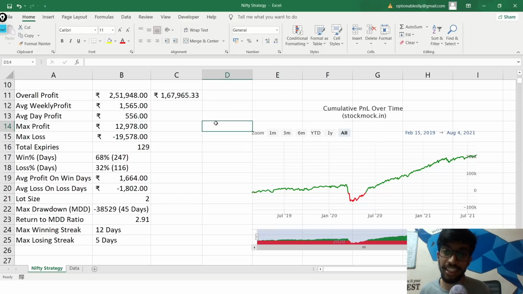Always make sure that you size your positions right, because that is the most important thing. Just because you can do it with lesser capital doesn't mean that you have to do it with lesser capital. One more recommendation is, just for an extra level of safety, you can still end up buying a far out of the money put option. So that is one more recommendation.